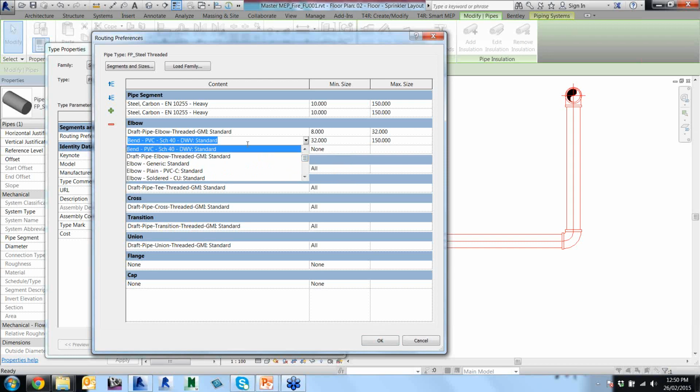Fitting in here, elbow in here, okay? But just be aware that that's something that you can actually use, and the benefit of that is that it helps you to not have to change pipe types when you're routing or modelling in your project. So you might have in the past set up separate pipe types for a smaller diameter range, and then